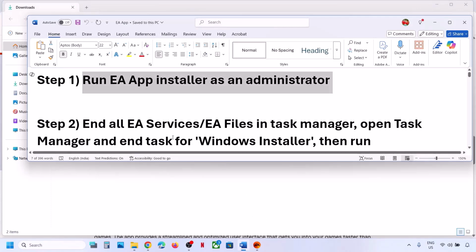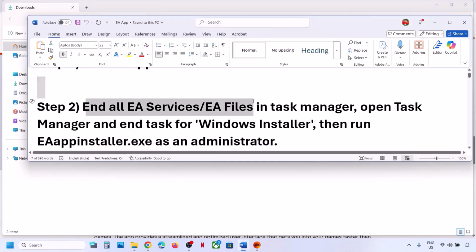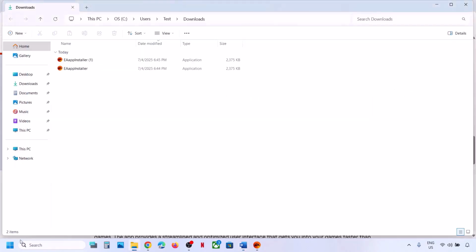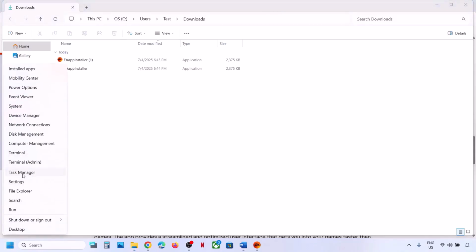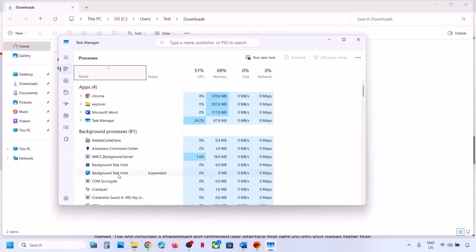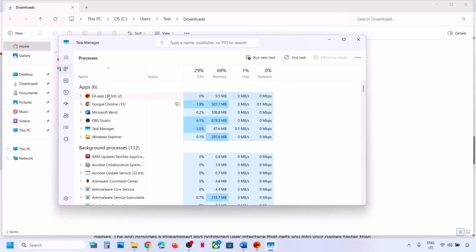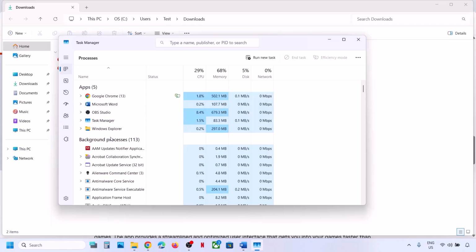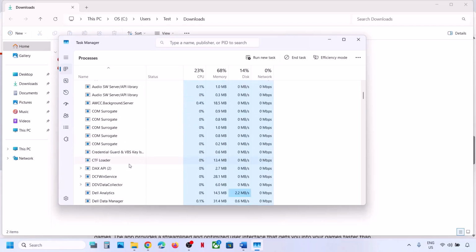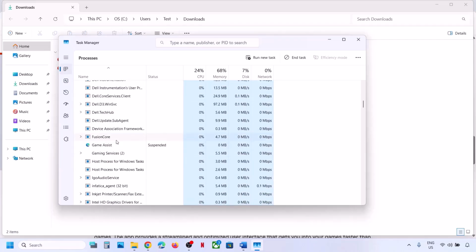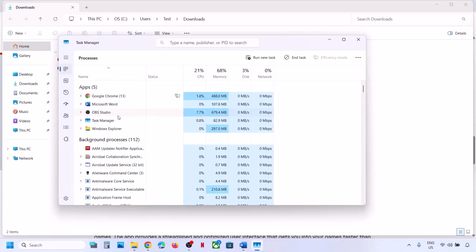If that does not work, in that case, end all EA services or EA processes in the task manager. So make a right click on the start menu and then go to task manager. Now if you see EA app over here, anything that says EA, just make a right click on EA and then click on end task. And once that is closed, find if there are any other EA services or applications running over here. So look for EA. Even if you see EA background service somewhere over here, end all the processes